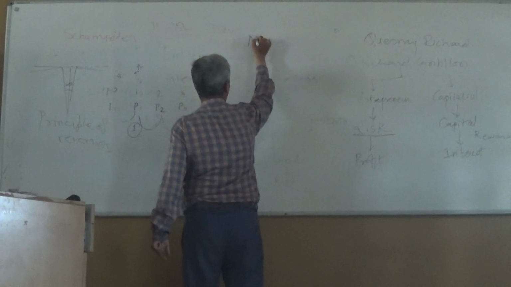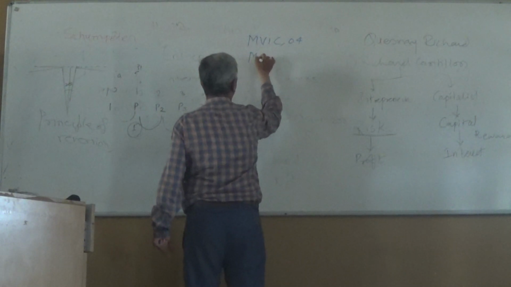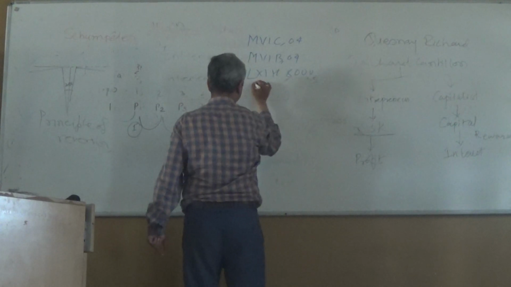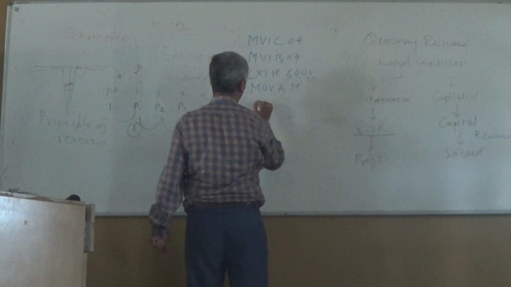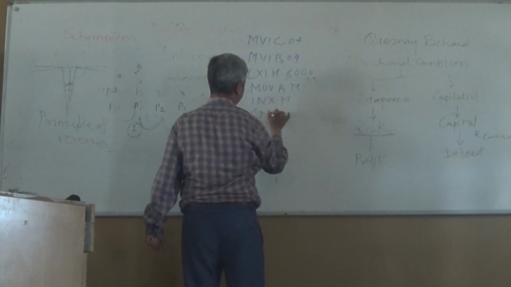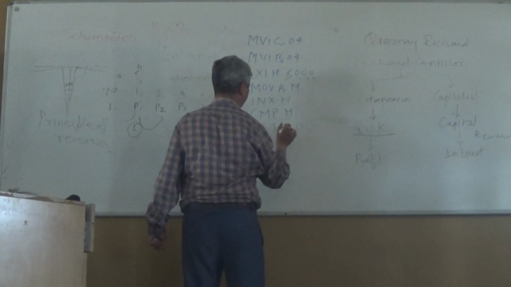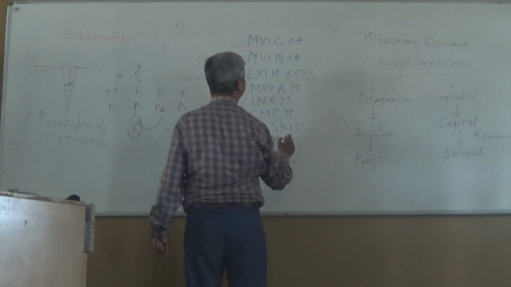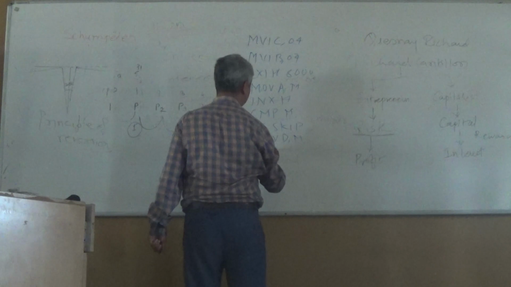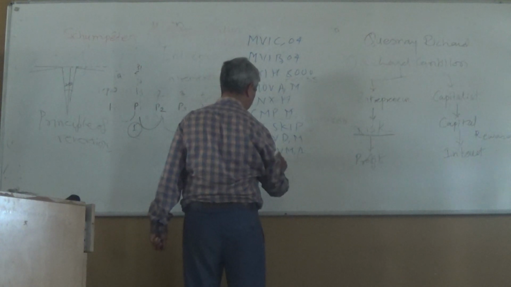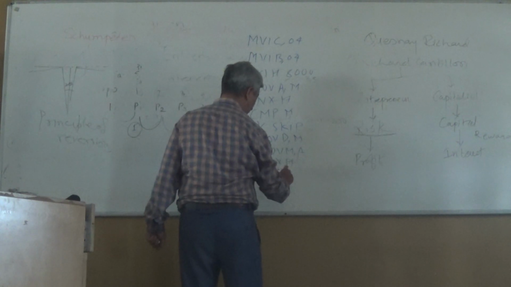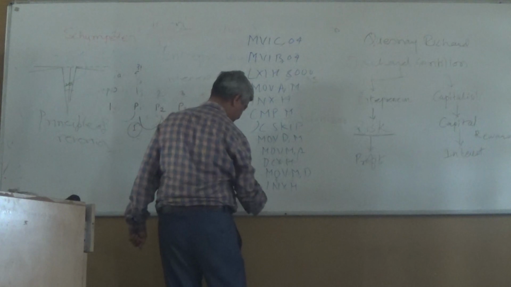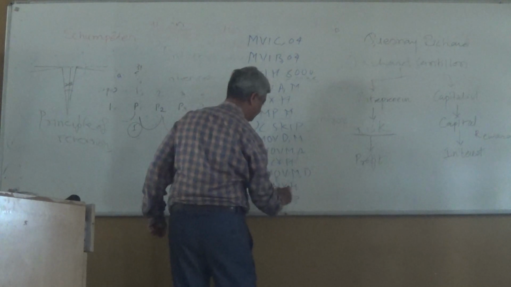I write that quickly. MVI C 04, MVI B 04, LXI H 8000, MOV A,M, INX H, compare M, jump on carry skip, add skip, move M to D, move M comma A, DCX H, move, decrement B,